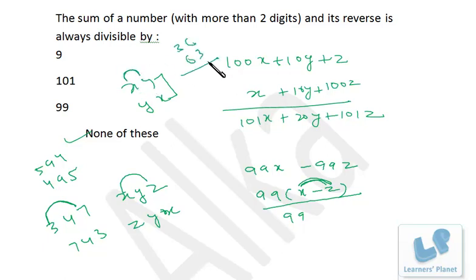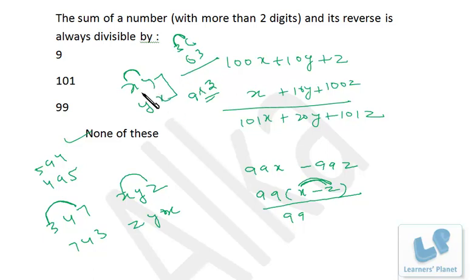You can very well take the example of 36 and 63. If you deduct 36 from 63, the difference will be a multiple of 9, and 9 into the difference between these two digits, that's 3, will actually be the difference between these two numbers. Okay, so these are the small things.